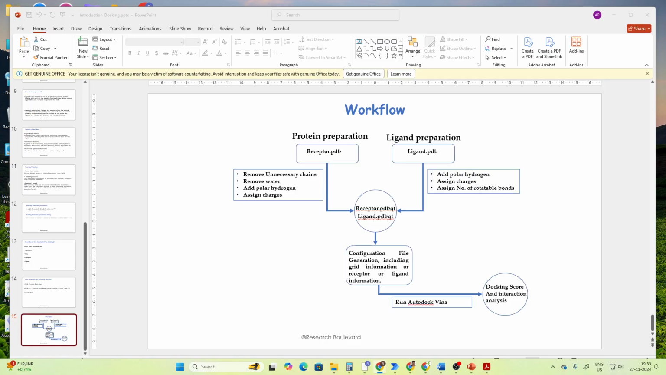Screen is visible, right? Screen is visible to you. Oh,